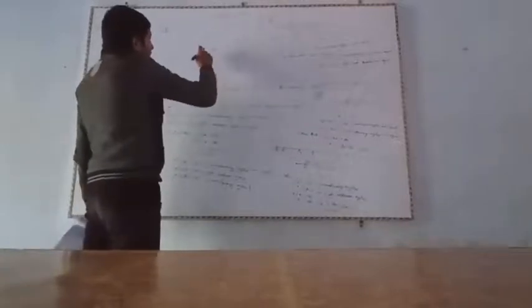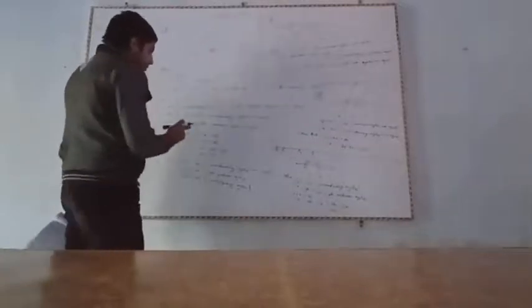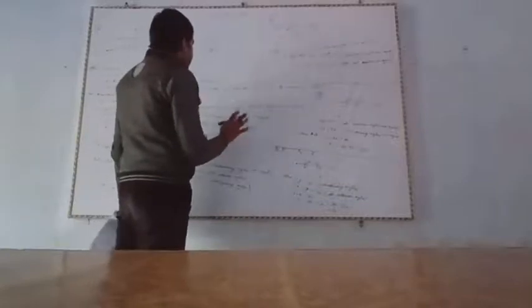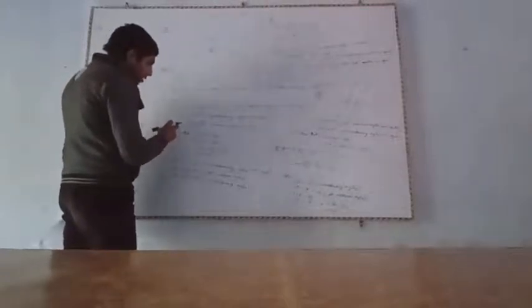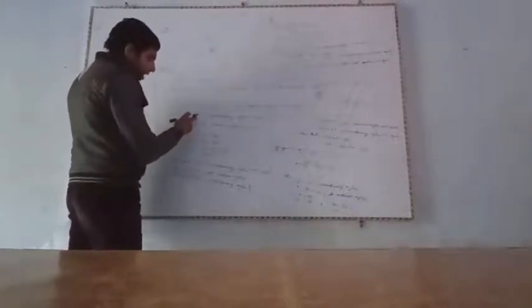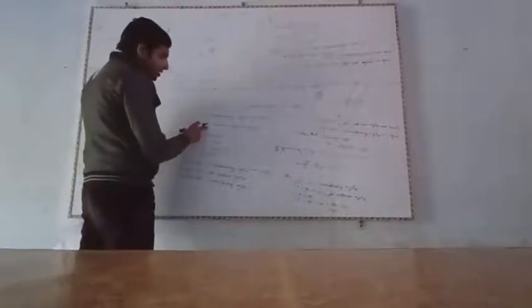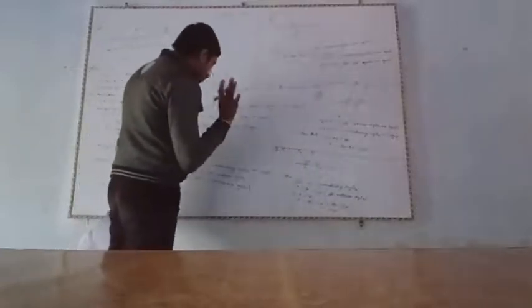So angle 1 is equal to angle 7. Here angle 1 is equal to angle 7 because of alternate exterior angles. So angle 1 is equal to angle 5, which is equal to 60 degrees. Then from here angle 1 is also equal to angle 7, which is also 60 degrees, because alternate exterior angles are equal.